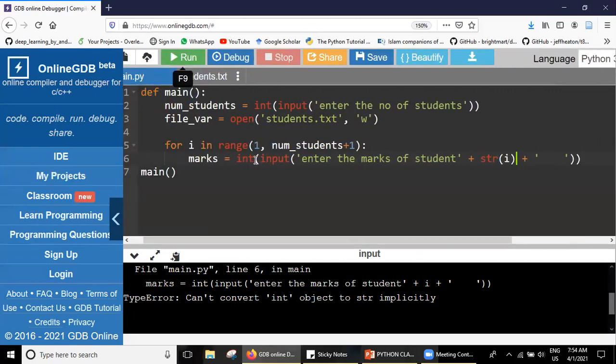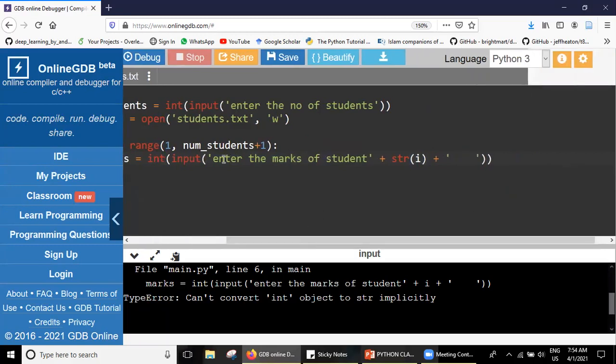The outcome of this thing will be whatever we enter here. But we are saying that the entered value should be converted into int and stored in marks. That is fine, we understood.